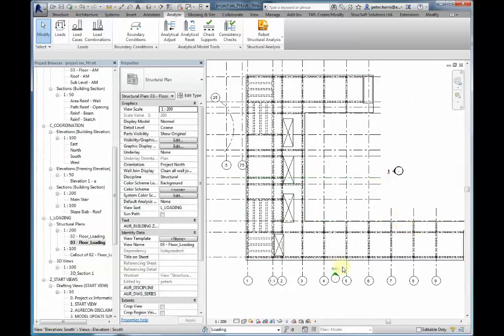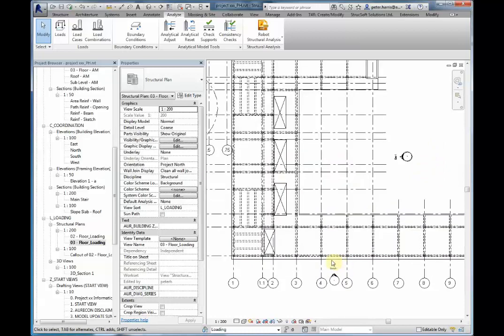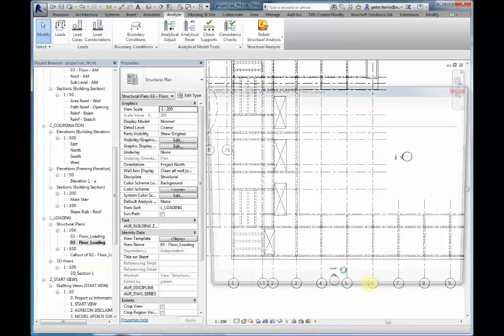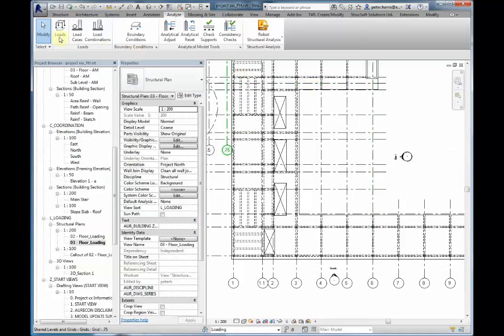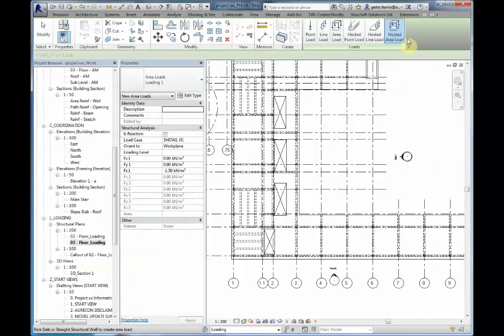For hosted loads to work, in this case hosted to a floor, we need to ensure the analytical of the floor has been turned on. Visibility Graphic Overrides, Analytical Model. In this case here we're using analytical floor. And of course our load cases have been turned on. So Loads and Analyze Loads Area, as it's telling us, pick slab or straight wall segment. So if I'm now just picking the slab edge, which is the floor,